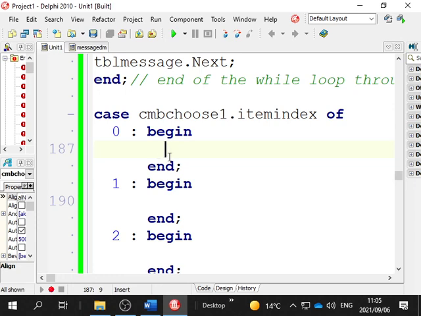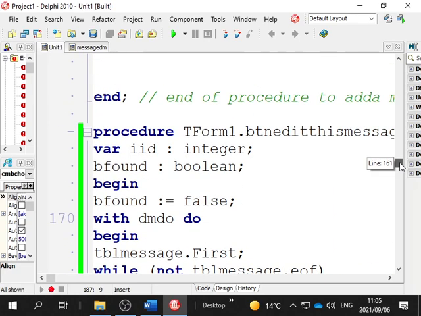Right, for choosing this one, we've got a serious problem. And the problem is that we've got to make a new message, but then we have to encrypt it. So